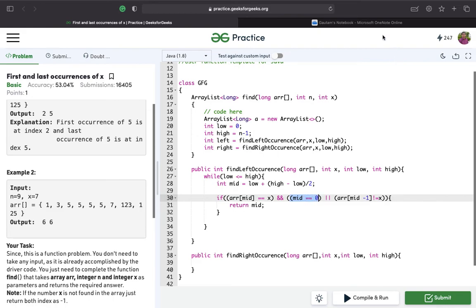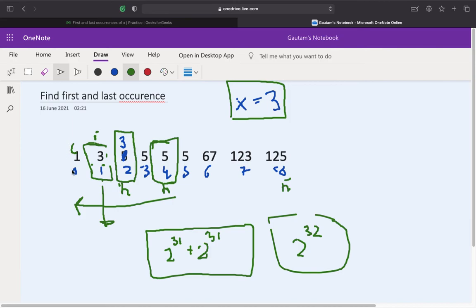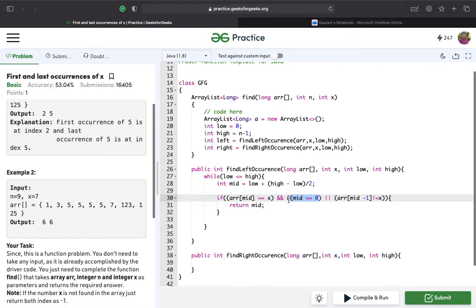If the middle is 0, that means this is essentially the first occurrence of this element in the array, so we'll simply return mid. Or if mid is not equal to 0, we'll need to check if ARR of mid minus 1, the immediate left of this middle element, is not equal to x. If it's not equal, that means it is also the first occurrence, so we'll simply return mid.